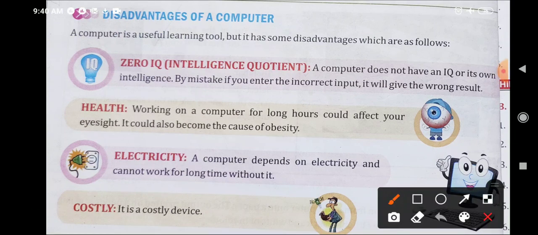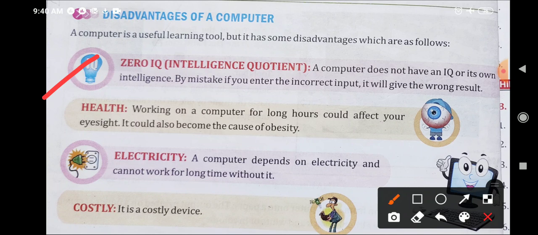The first disadvantage of the computer is zero IQ. IQ means intelligence quotient, intelligence. A computer does not have an IQ or its own intelligence. By mistake, if you enter incorrect input, it will give the wrong answer. It means if someone gives us a wrong question, right?